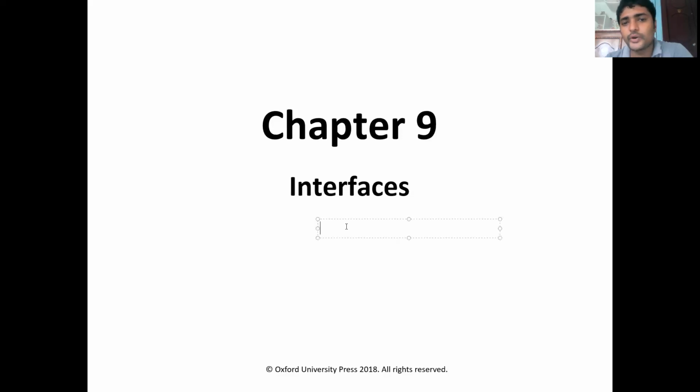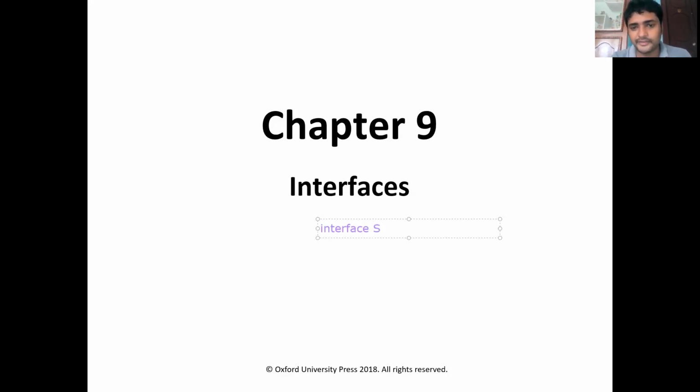So let us check this. Interface declaration is similar to the class. Class declaration is the keyword class and then the class name. The interface definition is the same. We have the keyword interface. If you want to declare any interface, we have to use the keyword interface, then we have to give the interface name.